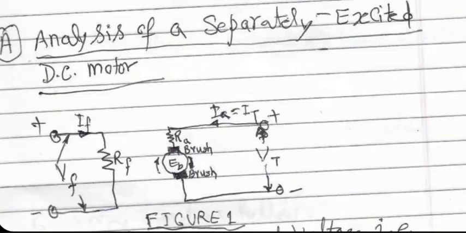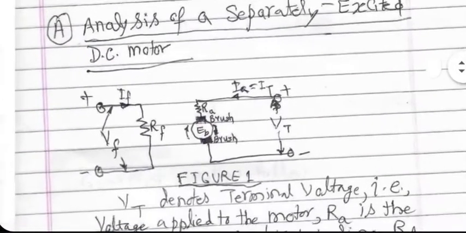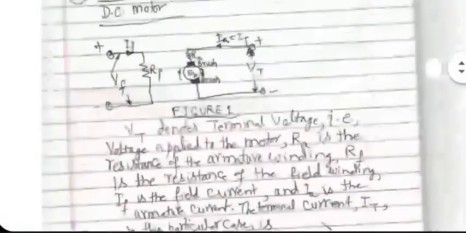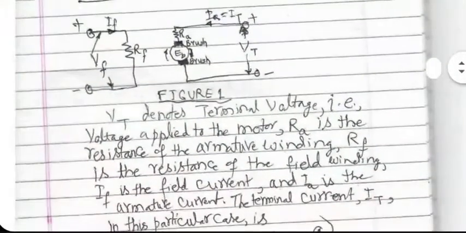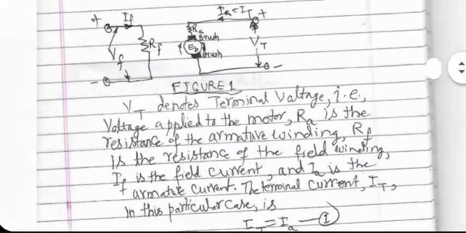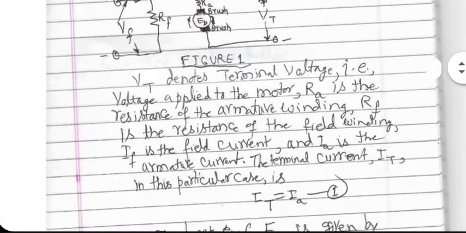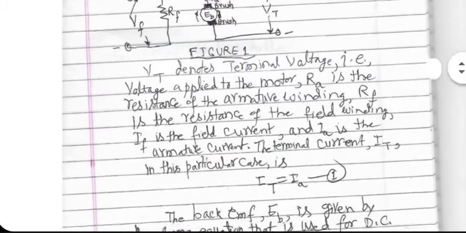Okay. VT denotes the terminal voltage, that is voltage applied to the motor. RA is the resistance of the armature winding. RF is the resistance of the field winding. IF is the field current, and IA is the armature current, which is same as the terminal current in this case. Terminal current is equal to armature current, and